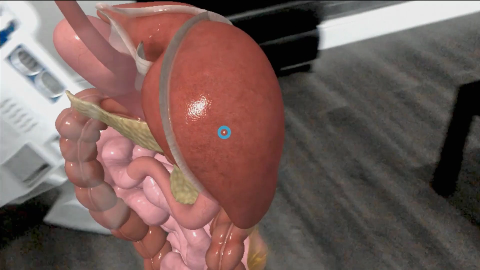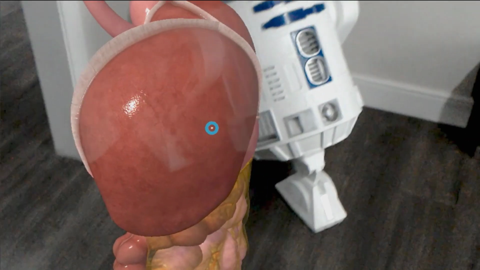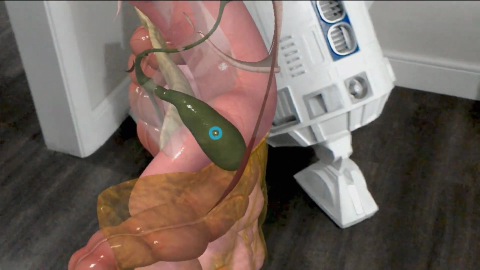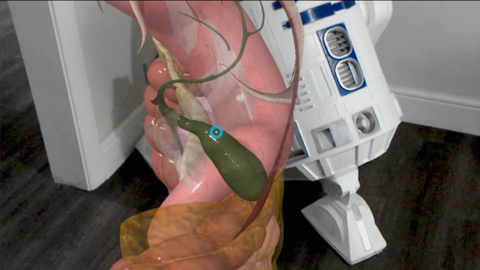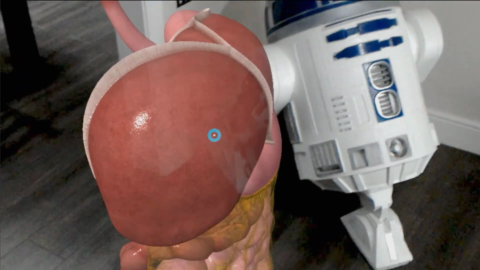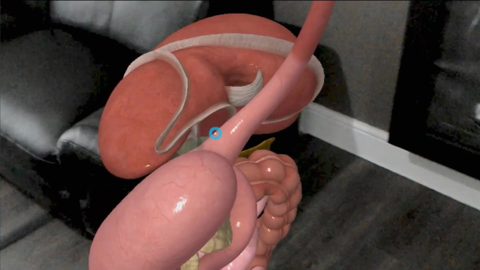Firstly, it helps absorb the macronutrient fat, and secondly, it removes to waste any nutrients unable to pass through the kidneys. If the bile isn't needed immediately, it will be stored in the gallbladder, which is a pear-shaped reservoir located just under the liver. As we come to the end of the digestive journey, our body needs to remove the